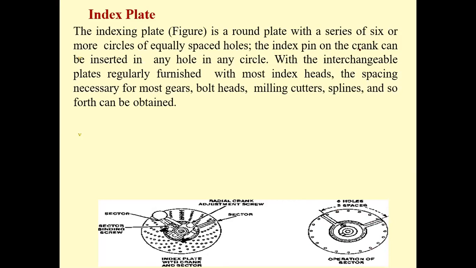The indexing pin in the crank, the crank pin, can be fixed in any of the holes. Even for a complete rotation, you rotate and put it back into the same hole. If you don't want a complete rotation but only a small partial rotation, you move and fix the crank pin in the hole at that particular point, so that you can make partial turns. Sometimes you don't want a full turn, only partial turns, so you move only this many holes.